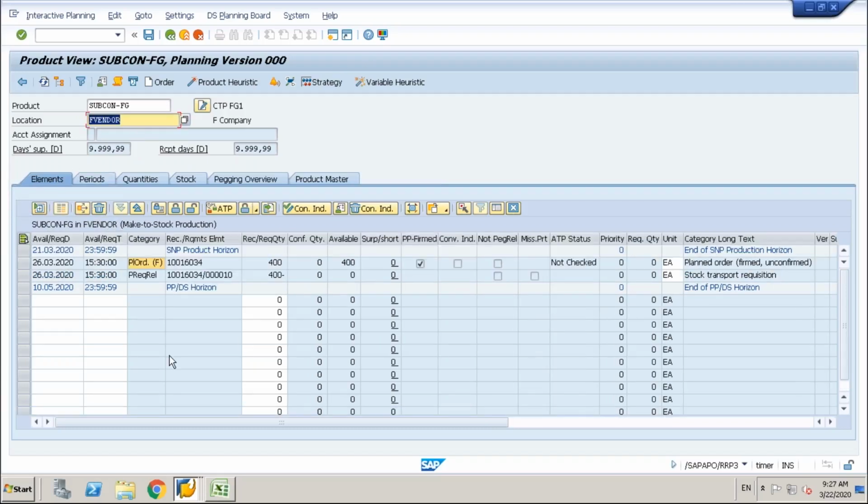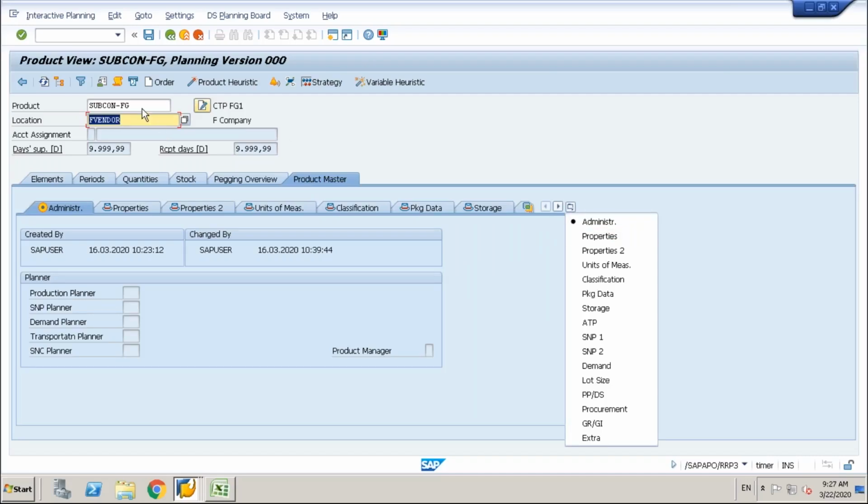At vendor location, this requirement came there and it has already planned automatically. Why? There is one thing I forgot to show you. What I did, what you should do, because who will go and plan at vendor? Right? You have no control, right? But you want to know his lead times. You just take his lead times, okay, and then you do automatic planning. What I have done is I've just changed this to